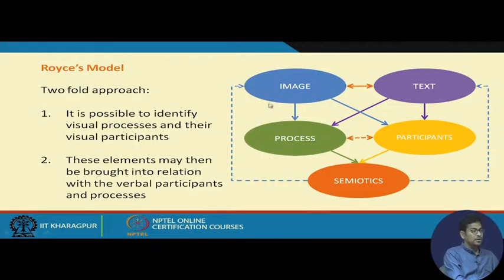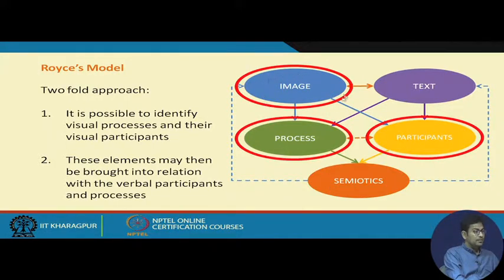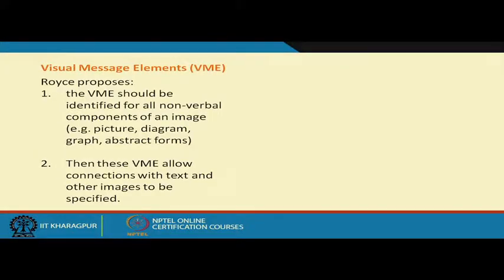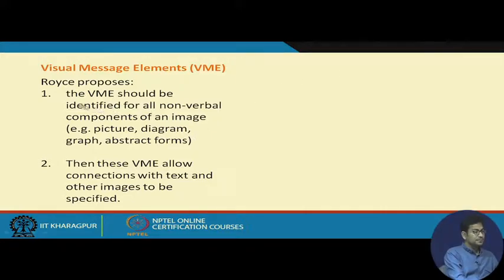So, if you look again diagrammatically, this was the diagram of Royce's model. So, we have this kind of connection. First we look at image, its process and participants. That is the first step, and then we start looking at the text and process and its participants, and we can see that there could be some interrelationship. That is what the entire Royce's model suggests, and then we analyze what is this interrelationship which is present there. So, we will have a look at one of the examples, but before that we will talk a little